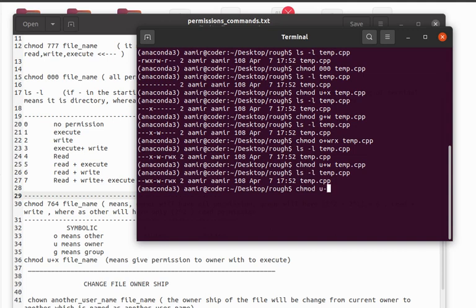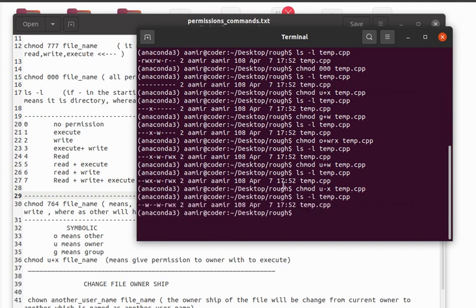If I use minus, so minus means take the permission. So here I have given the permission of execution to this user, and in this case the permission of execution will be taken from the user of this file. So let's run this, and you can see the permission of execution has been taken away from this file of the owner.